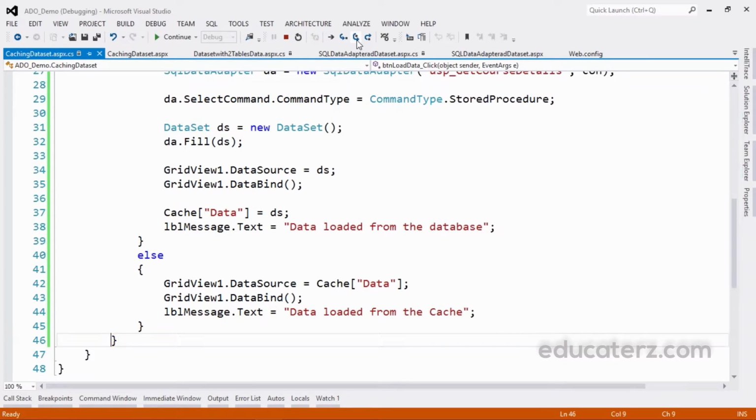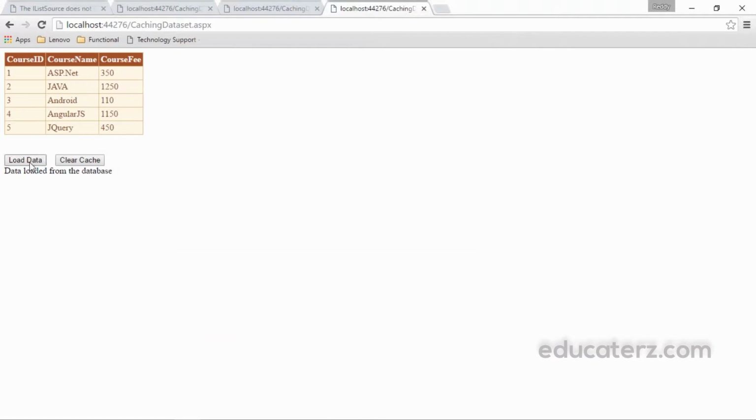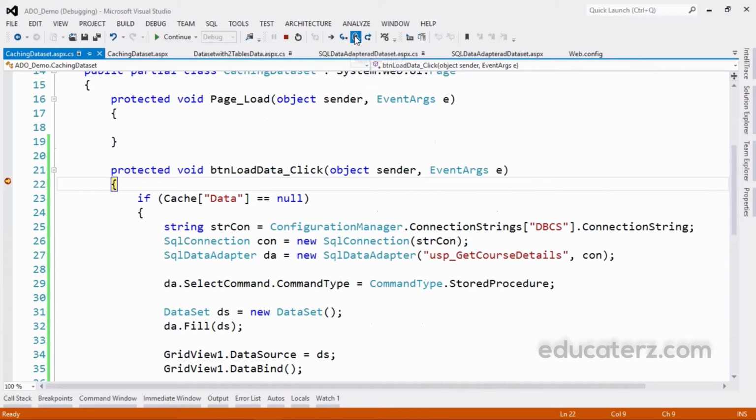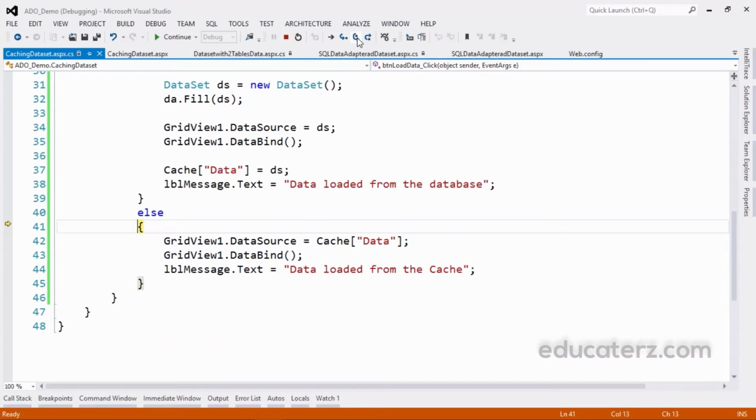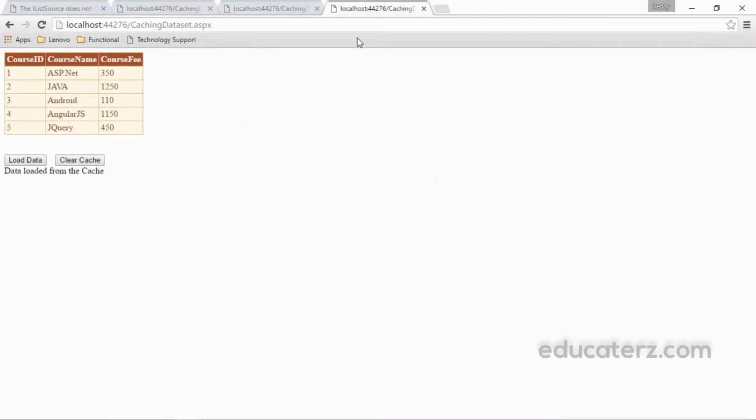That's it. The else part will not run because data is not null. Now load again. Now see, this will become false because cache of data is not null. So it will go to the else part. What's happening here? It is storing in a cache. So I wanted to prove whether it is really getting it from the cache or not.